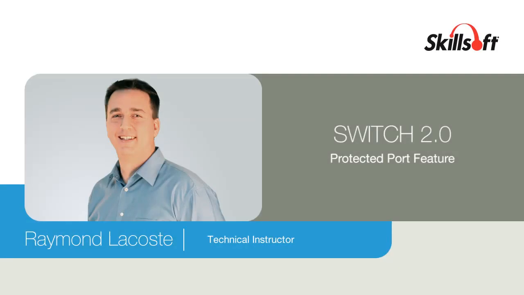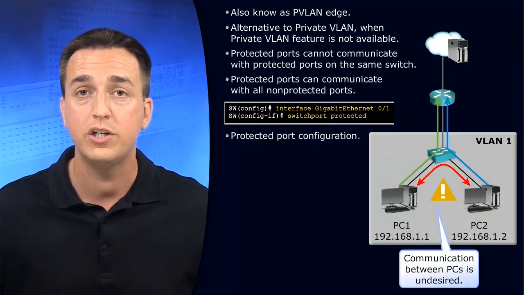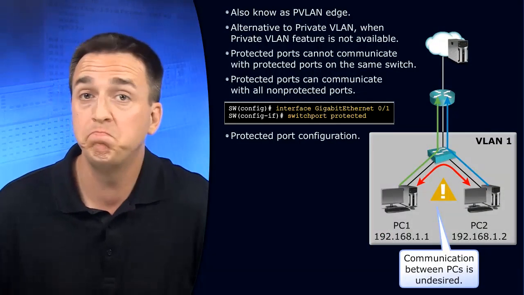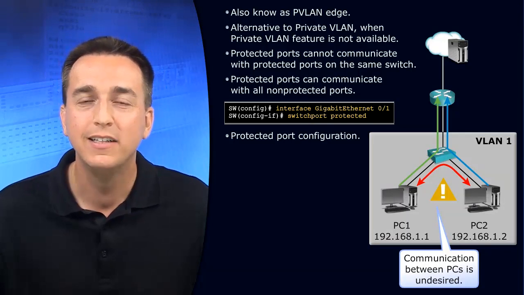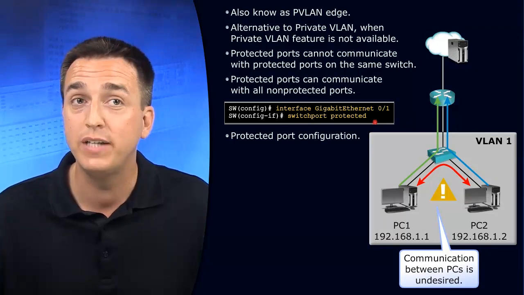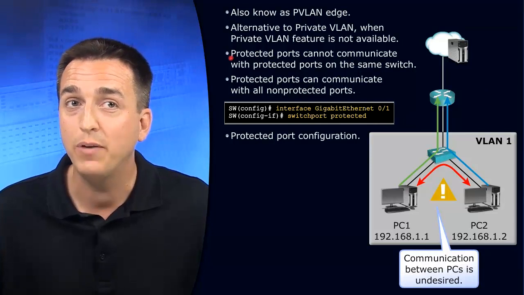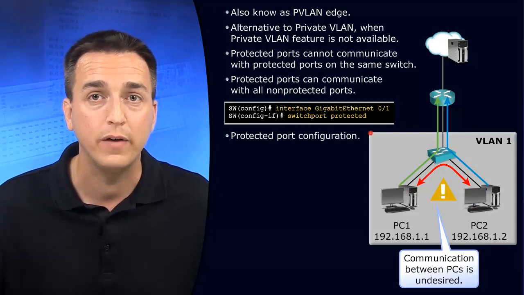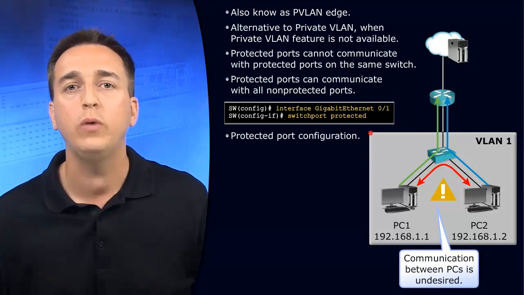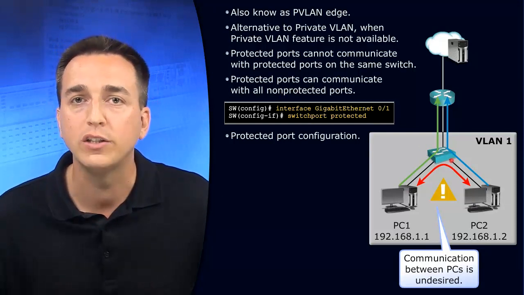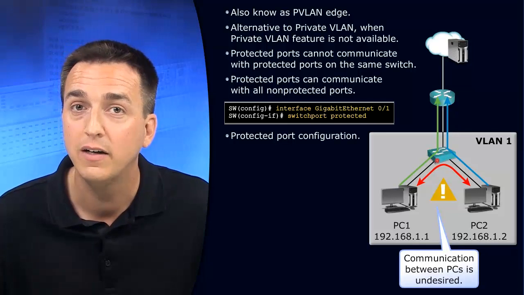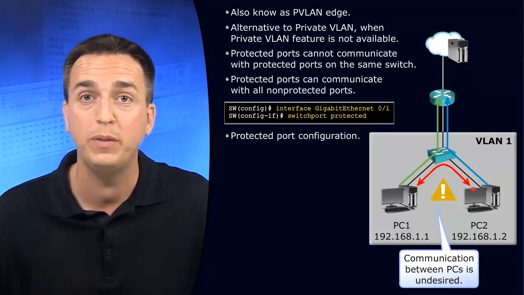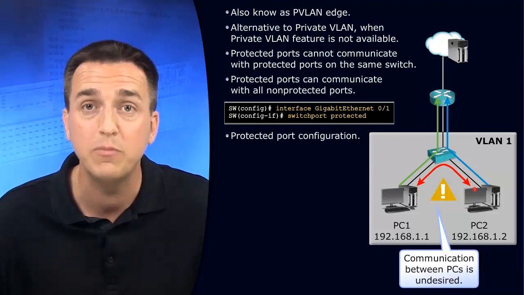Private VLANs are not supported on all Cisco Catalyst switches. For example, the 2960 has no private VLANs, but it does have the protected port feature. With the protected port feature, I can prevent traffic from flowing between two ports within the same VLAN and the same subnet. So in this example, we have PC1 and PC2 in the same VLAN, same subnet, and